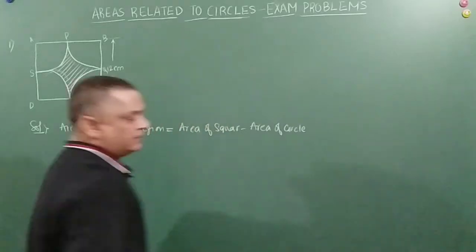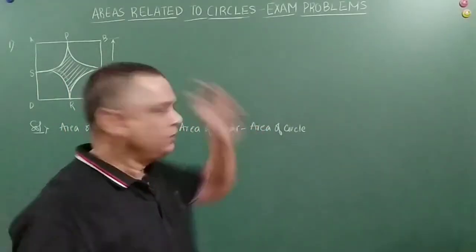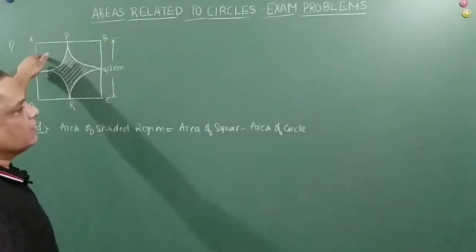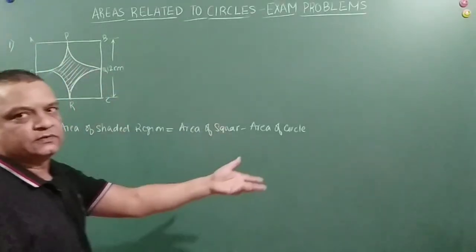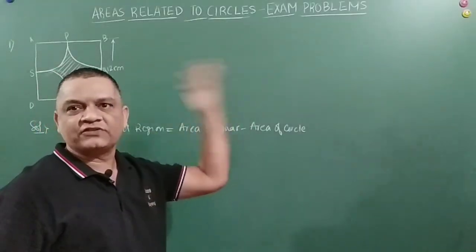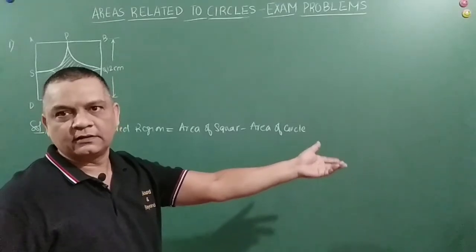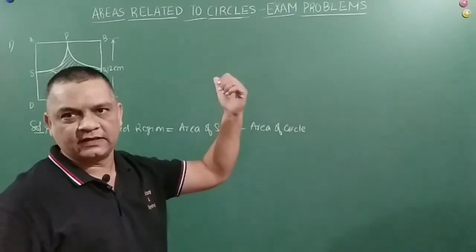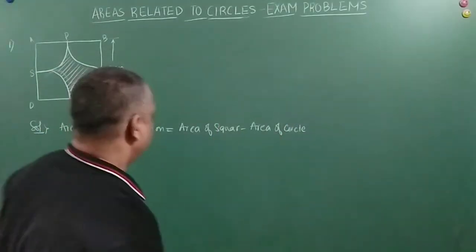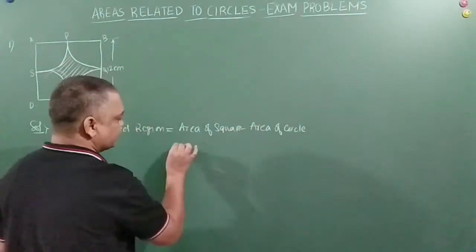Right? The other way of doing it is actually a little lengthier. I'll tell you how. Area of square minus area of quadrant into 4 times. Or we can say area of square minus area of sector into 4 times. Sector is also a quadrant. Quadrant's center angle is 90 degrees. Sector can be anything, right? But this is slightly easier. So basically I have used this method here, right?